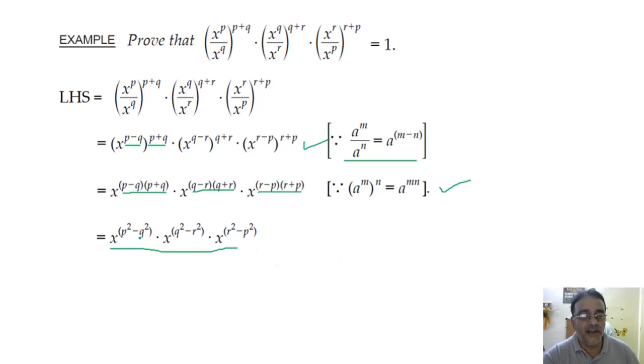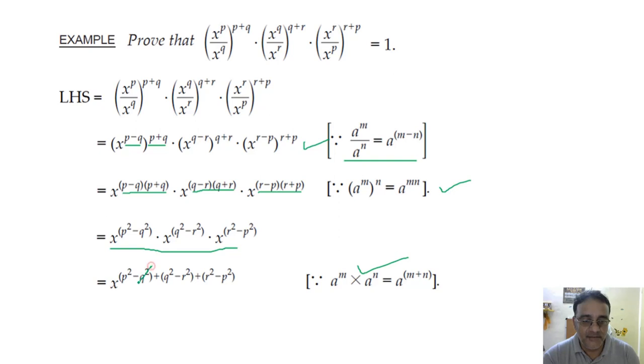So which law we have to use for this one? Into में है, base same है. a to the power of m into a to the power of n is equal to a to the power of m plus n. Right. That rule is for either 2 or 3 numbers or 4 numbers. Okay, we have to add the powers. So according to that rule, now we are going to add the powers. This rule we have applied.